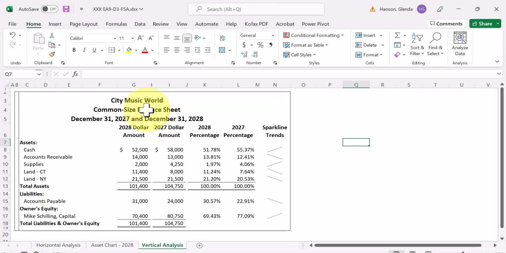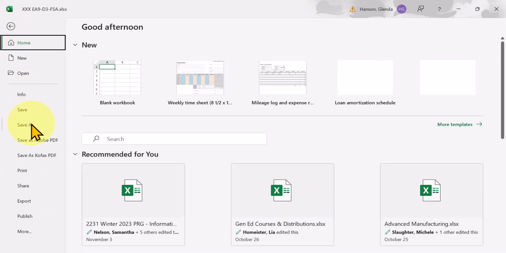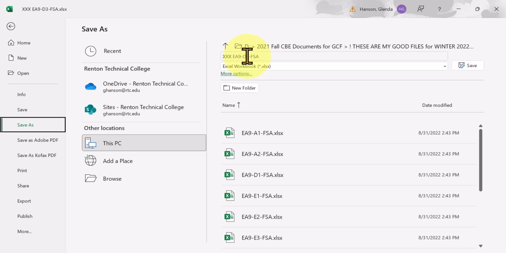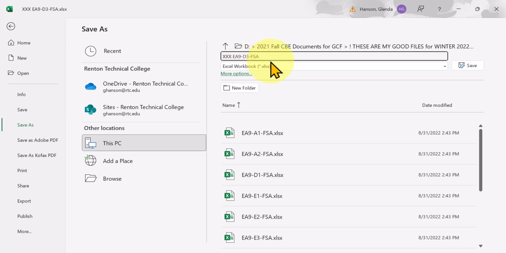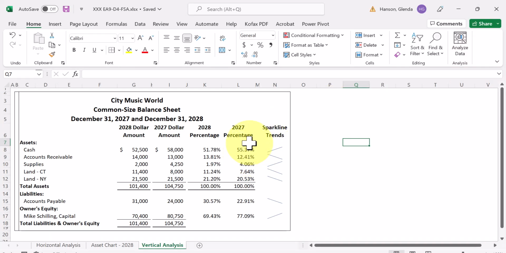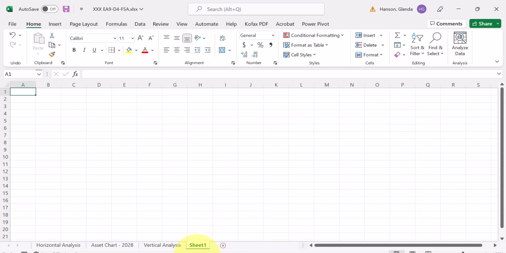So we want to save our document. Okay, and we're going to create a new worksheet tab called Ratio Analysis. So here's our worksheet tabs down here, and click that, rename it Ratio Analysis. Okay,